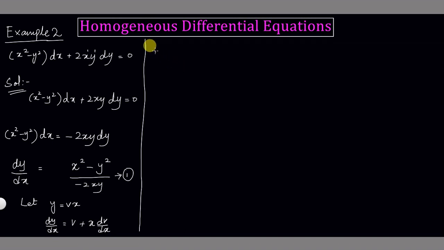So we have v plus x dv over dx, and over here x square minus, replace the value of y, which will be vx, so it will become v square x square divided by minus 2x, y will be replaced by vx. So further simplification,